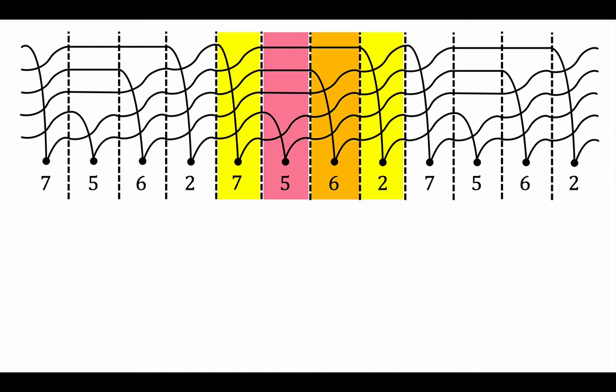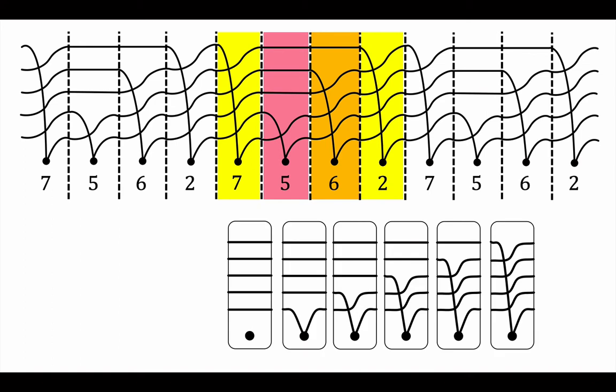0 crossings can occur in one of 2 ways. But these are the only possibilities, which means we have a finite number of options for how the graph will look between 2 consecutive dotted lines. And so we can make a deck of juggling cards. At the very right of these juggling cards, you see we have 4 crossings. To the left of that, we have 3, and then 2, and then 1. The left 2 cards have 0 crossings. Now, the first one is special because it corresponds to a throw of height 0,